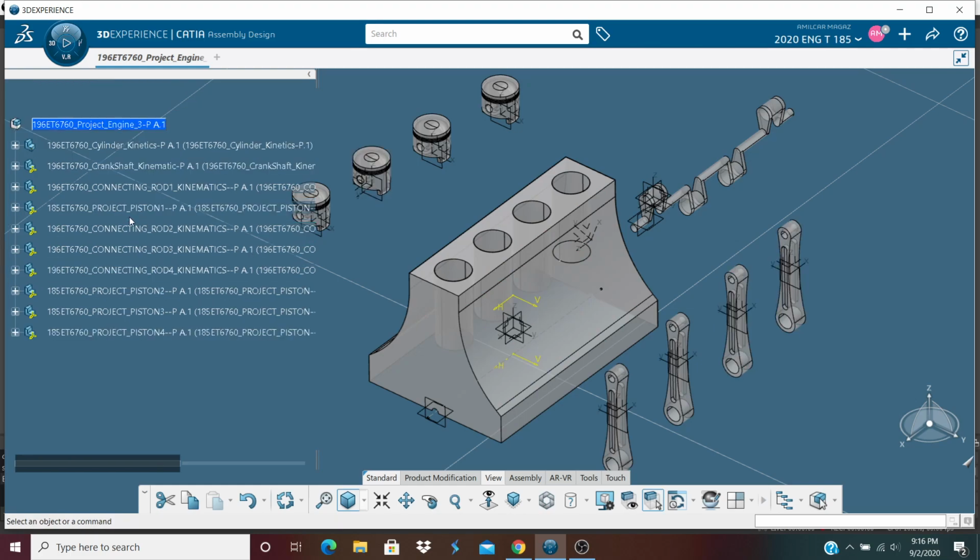This video belongs to the class Engineering Technology 196 Advanced Workbenches from Everett Community College in Washington state. My name is Amilcar Ramirez, and I'm going to demonstrate how to assemble this engine and put all the parts